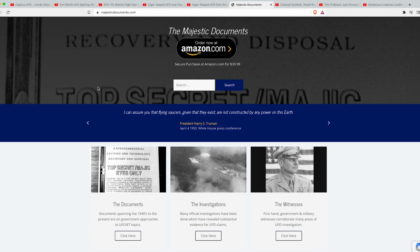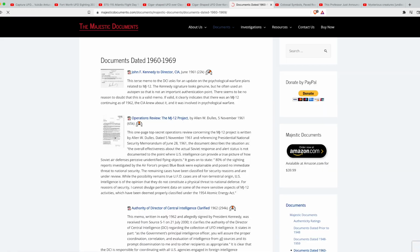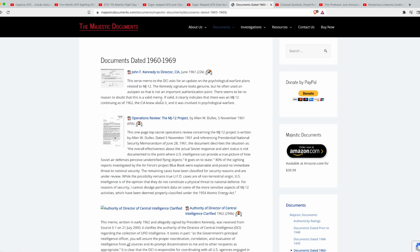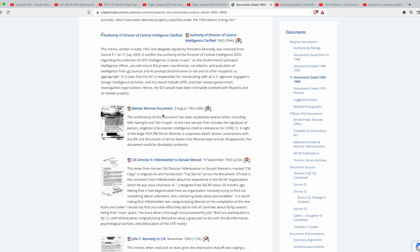The Majestic 12. That was a group put together by, I think it was Eisenhower, to study the UFO phenomenon. Here's some of the documents here. Here, Marilyn Monroe document. The authenticity of this document has been studied by several others, including Milo Speriglio and Tim